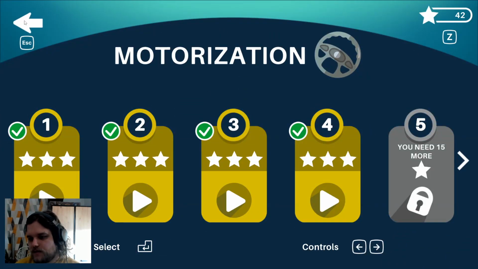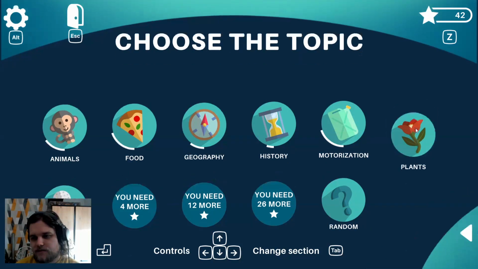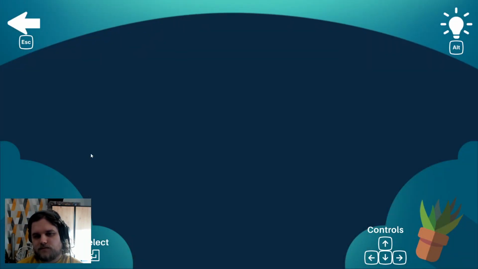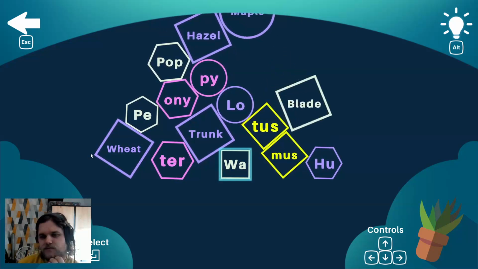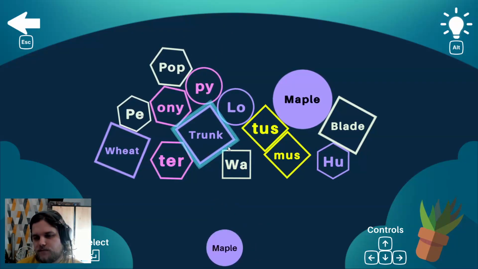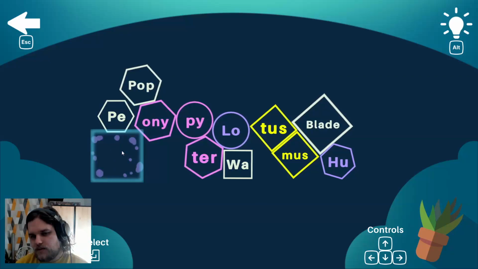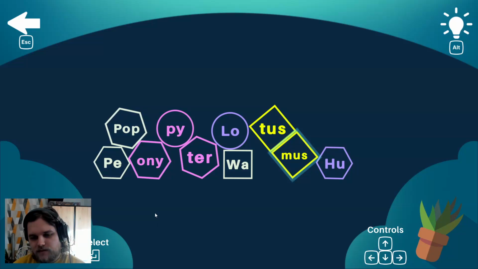I need 15 stars more to level, but I have some additional categories unlocked. So let's try the plant. Hazel makes sense. Maple. Trunk, okay. Wheat. Blade. A part of the leaf probably. And now